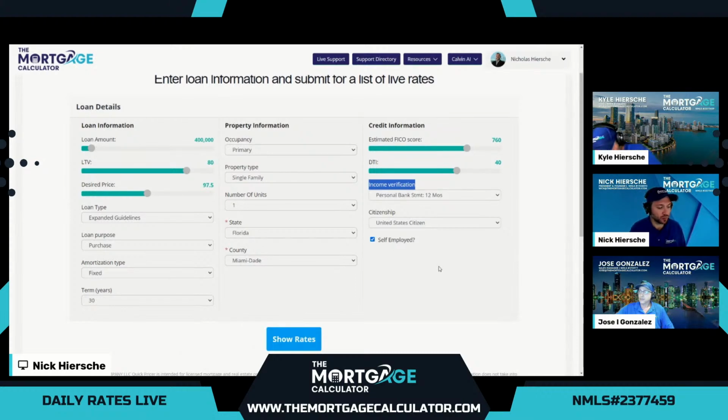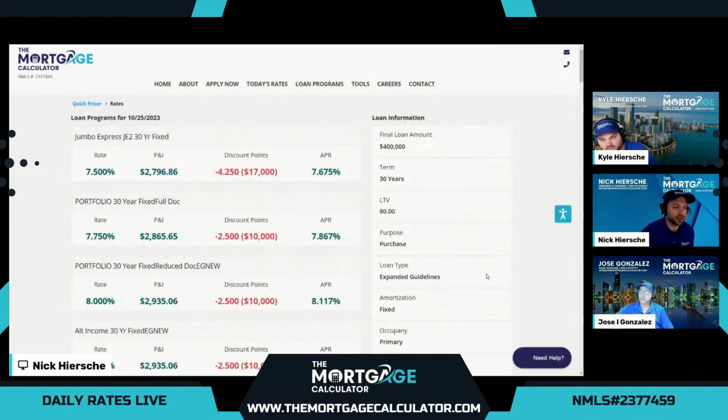Many times it's our self-employed borrowers, when they submit 2 years of tax returns, may have various write-offs or reasons where they don't qualify. Therefore, we can solve that problem with no tax returns involved at all. Simply their last 12 bank statements to determine a debt-to-income ratio of 40% in this example, using no tax returns, just the cash in the bank. So our self-employed borrowers usually qualify for much more income and can therefore get the home they really want. So let's check out the non-QM options.